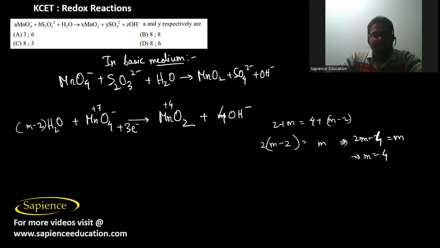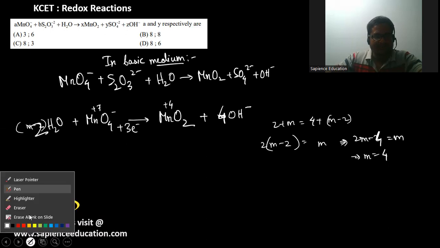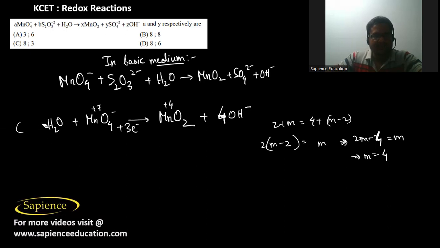So this should be 4, and 4 minus 2 should be equal to 2. Now it is balanced. So it means here we should have 4 hydroxide ions and here 2 H2O. Okay, so now